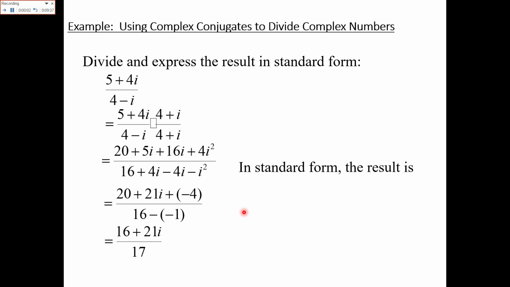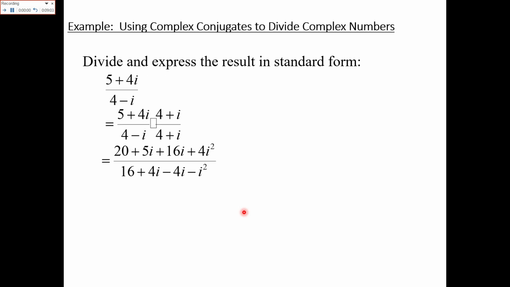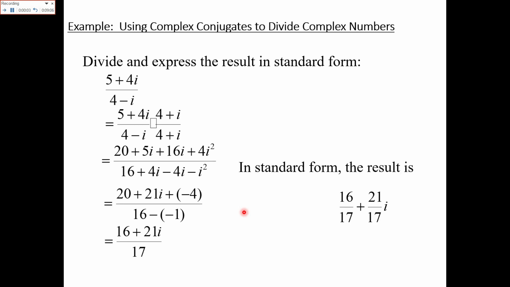You will see here how we'll do this, using the complex number conjugate to divide complex numbers. Now we have the complex number 5 plus 4 iota divided by 4 minus iota, and we have to express its denominator in iota-free form. Now we will multiply this number with the denominator's conjugate. Here you have the denominator 4 minus iota, so its conjugate will be 4 plus iota, and we will multiply it with this number.